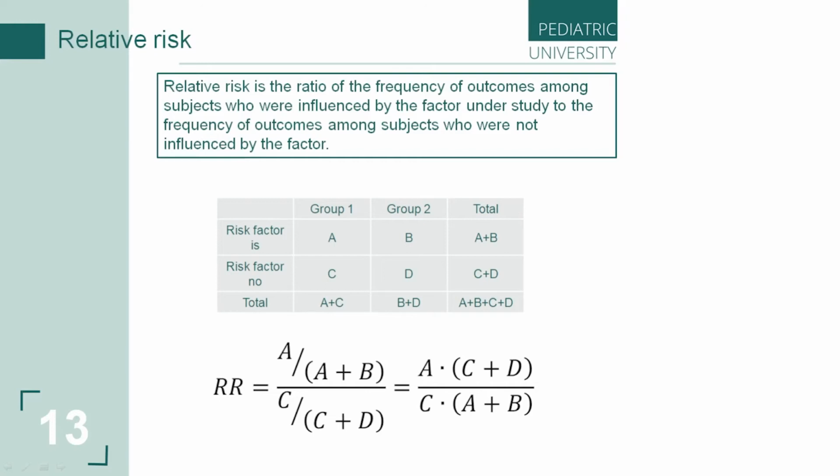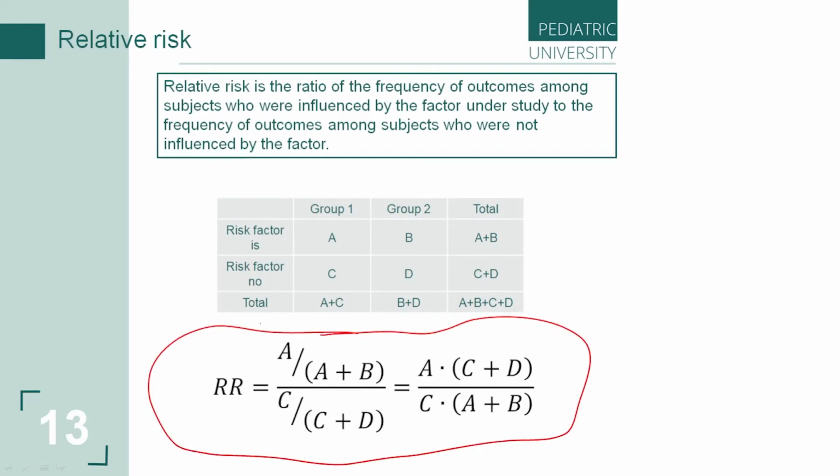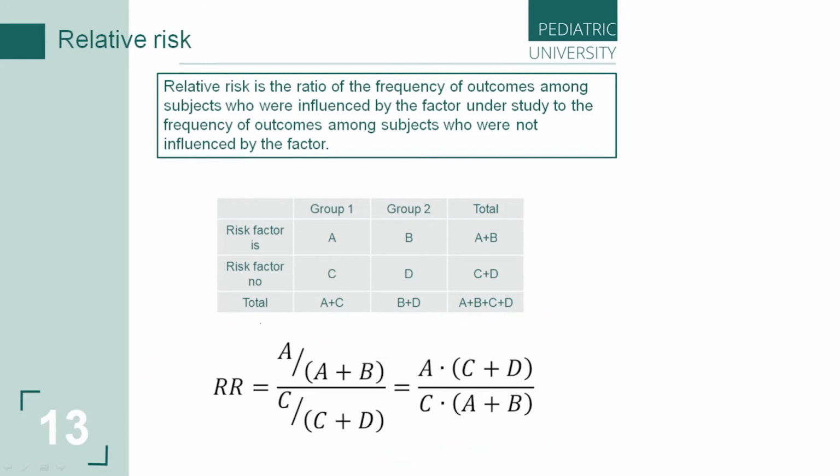So, again, we have a 2x2 contingency table. Relative risk: the risk of those who were exposed to the factor and the risk of those who were not exposed to the factor. You have the formula for calculating relative risk. Yeah? Again, it is a very big formula, but it's a very, very simple formula. So,